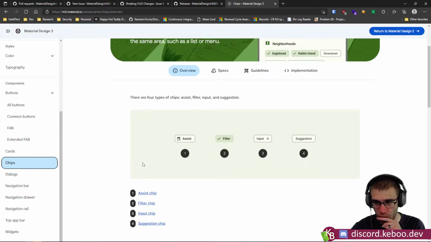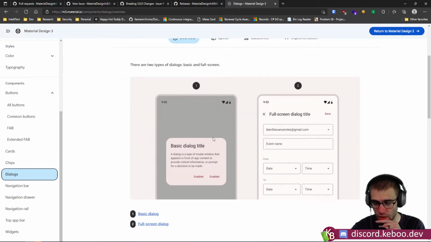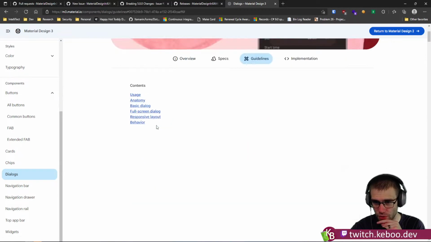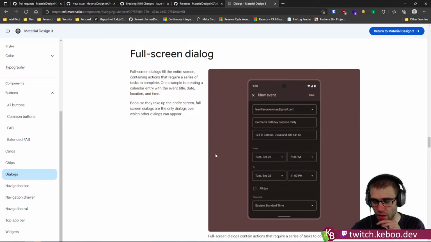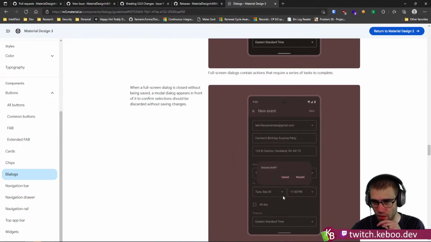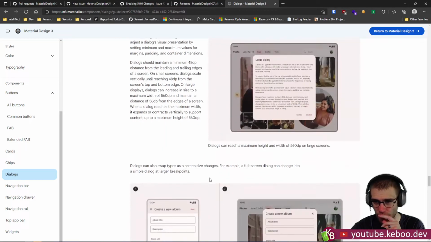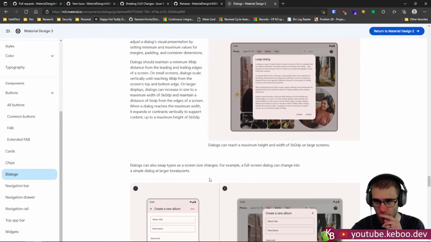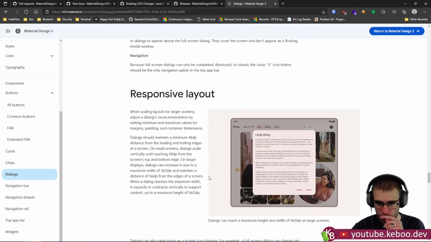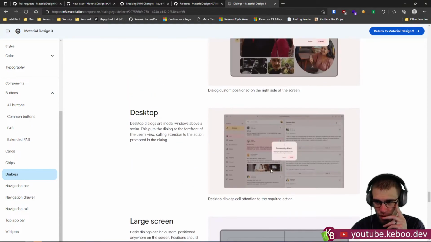Chips, probably not a big deal. Dialogues, it's interesting. They changed it a little bit. Full screen dialogue. There's not going to be a WPF equivalent of that. Yeah, we're not going to have a full screen dialogue. That's not going to be a thing. There are some of these things where it's a bit of a judgment call whether we actually implement exactly like it is. For example,